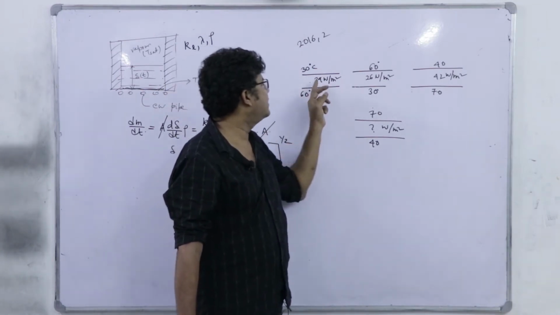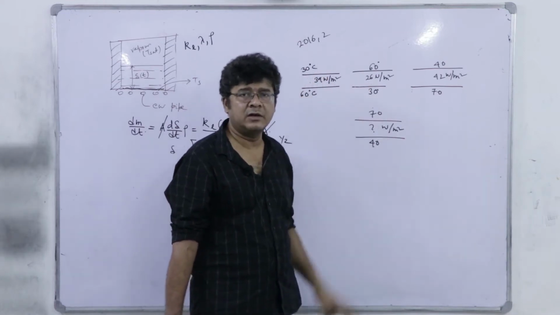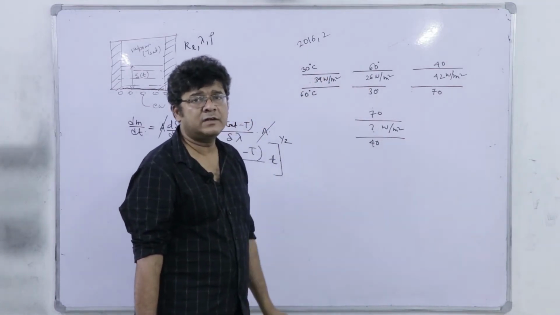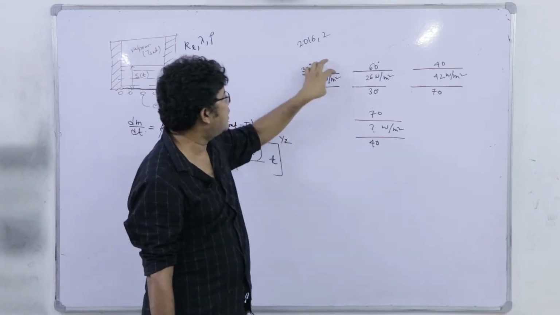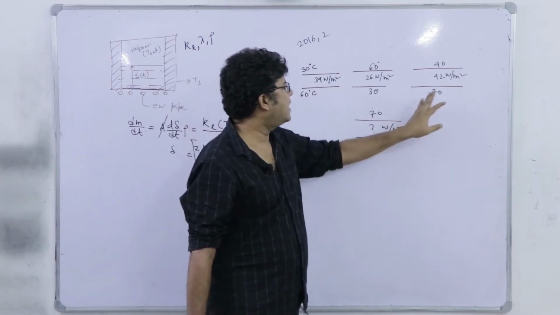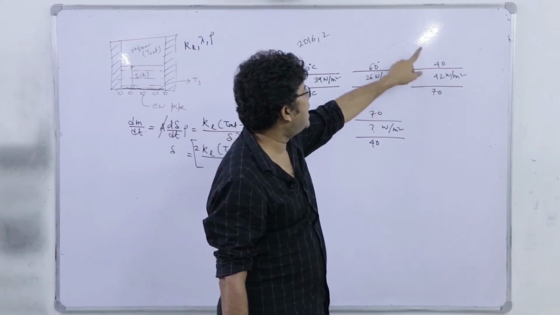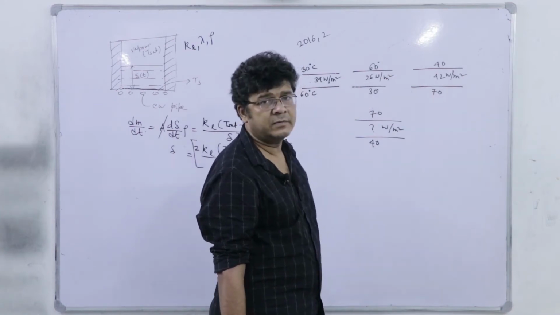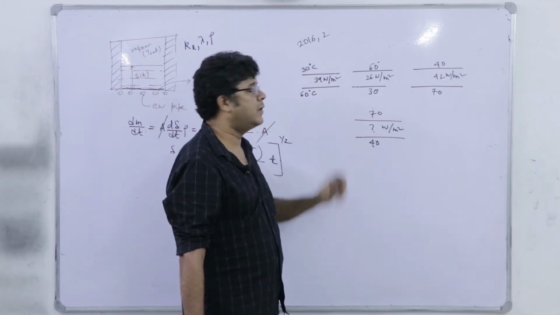So, if I see that this is 39 and this is 26, so inevitably we can conclude that this is beyond certain threshold and natural convection is contributing in this case. So, that is fine. And in the second case, this is 70, this is 40. So, obviously we will have natural convection plus conduction. Now, what is the case here? Here again we will have only conduction.